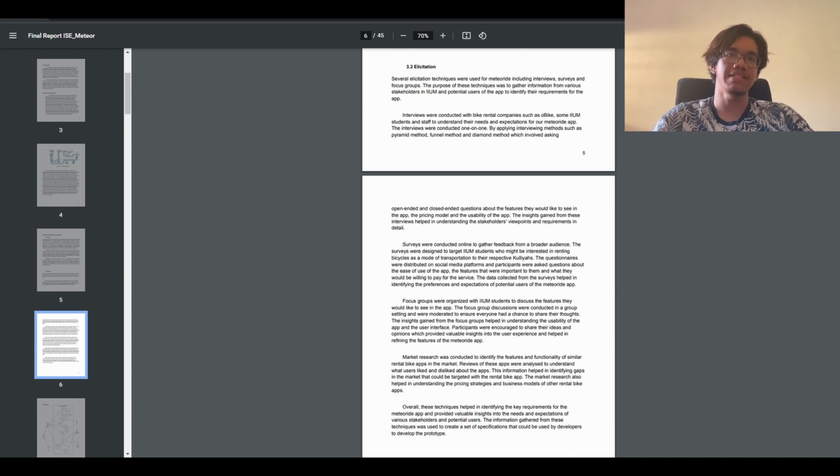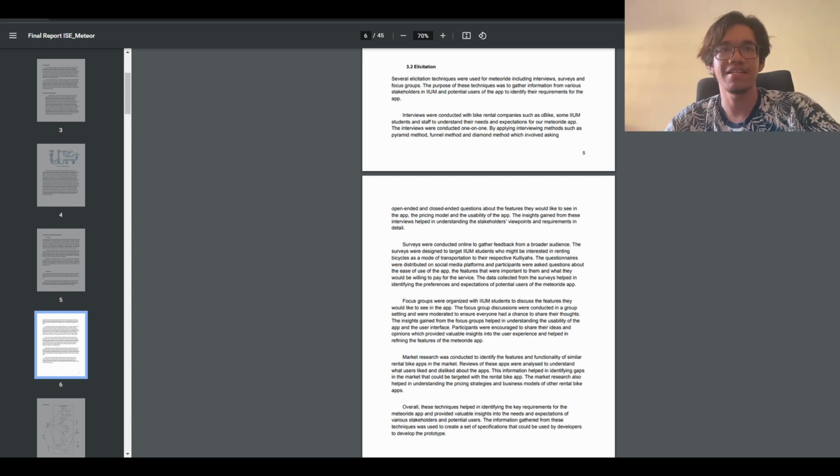The surveys were designed to target IIUM students who might be interested in renting bicycles as a mode of transportation to their respective kuliahs. Not only that, the questionnaires were distributed on social media platforms such as Telegram or Instagram, and participants were asked questions about the ease of use of the app, the features that were presented to them, and what they would be willing to pay for the service.